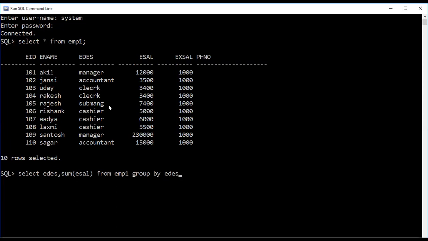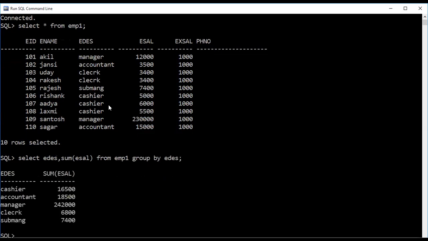According to the designations. Simply I'm entering. What are you getting? Cashier salary 16,500, accountant salary 18,500, manager salary 2,42,000, clerk salary 6,800, sub manager salary 7,400. That means I'm making this table into groups and I'm taking the sum of their salaries.